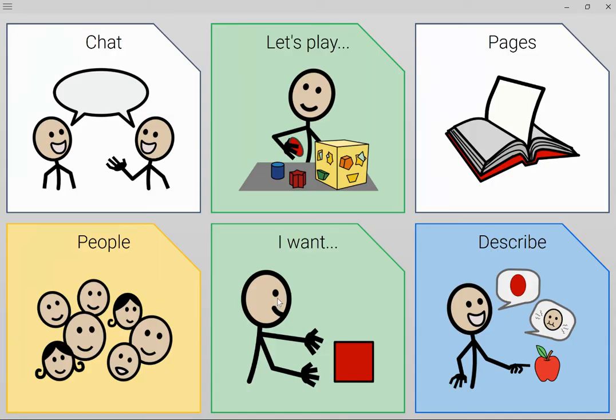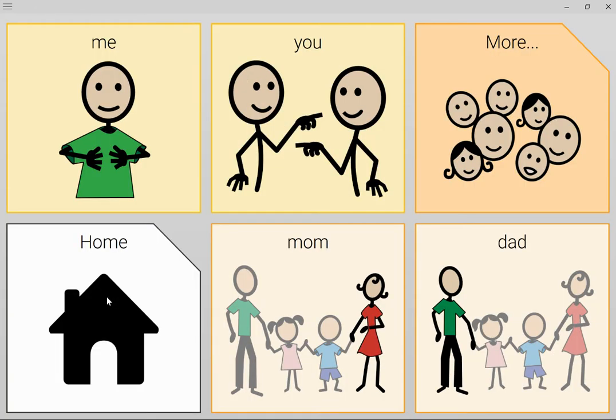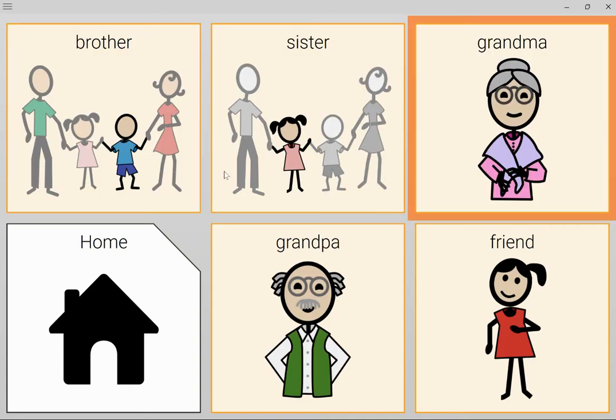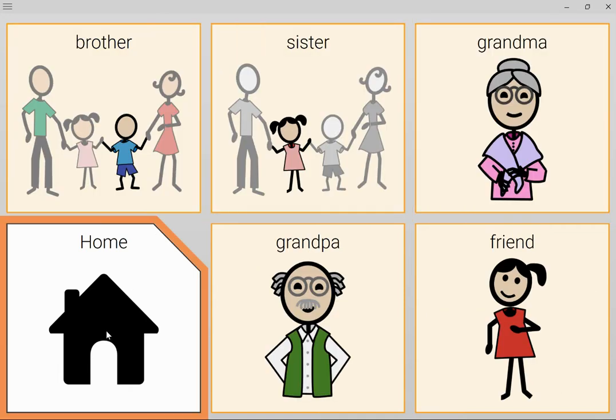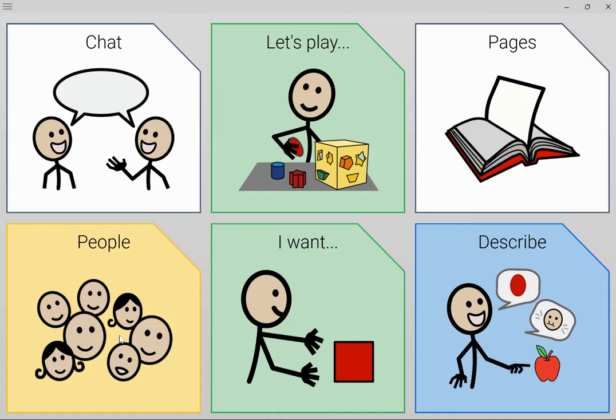Core Word 6 is a 2x3 grid set with 6 selections per page. It's great for emergent communicators and those that require large button access. It only goes about 3 layers deep. Let me show you. So on our people page, you'll typically find on most pages a More button that will take you to 1 layer deep with that specific vocabulary.